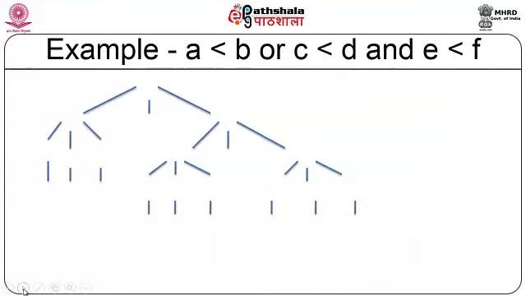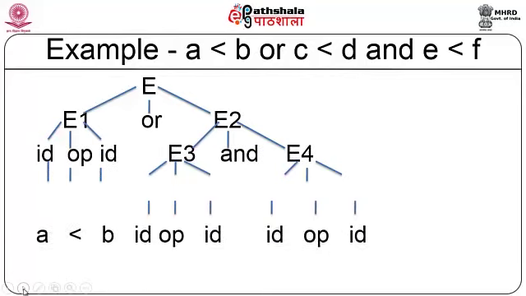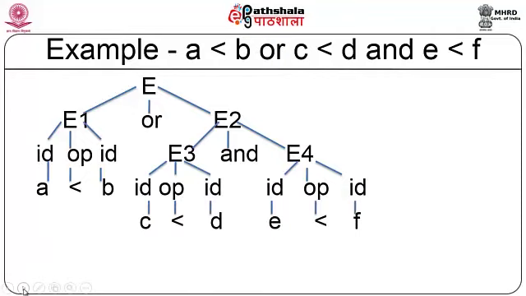Okay, let us look at this with an example. Consider this expression: A less than B or C less than D and E less than F. So, we know that AND should be evaluated before an OR. So, I am constructing my derivation tree like this. C less than D and E less than F. Now, what happens here is, this will be evaluated first, or even if you evaluate this, it is okay. It is just that you are assigning false or true labels.